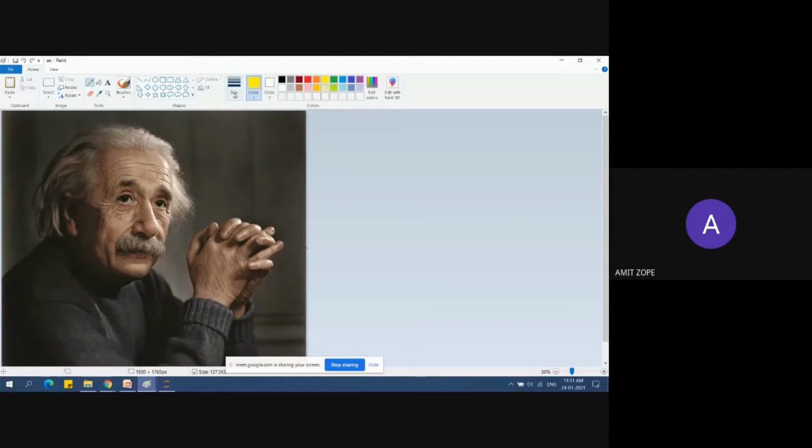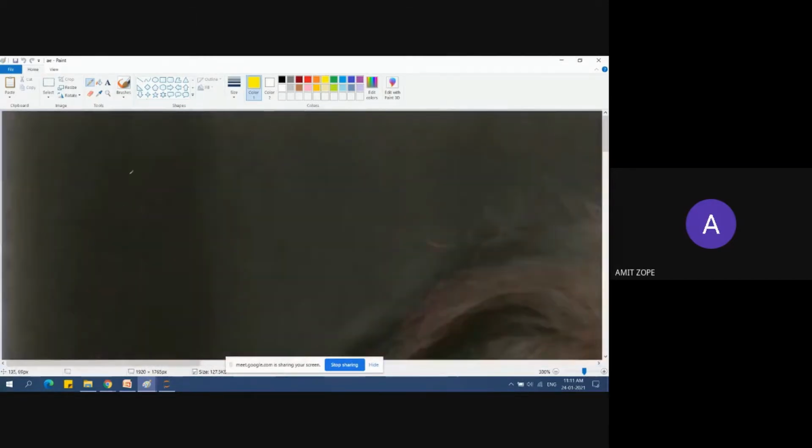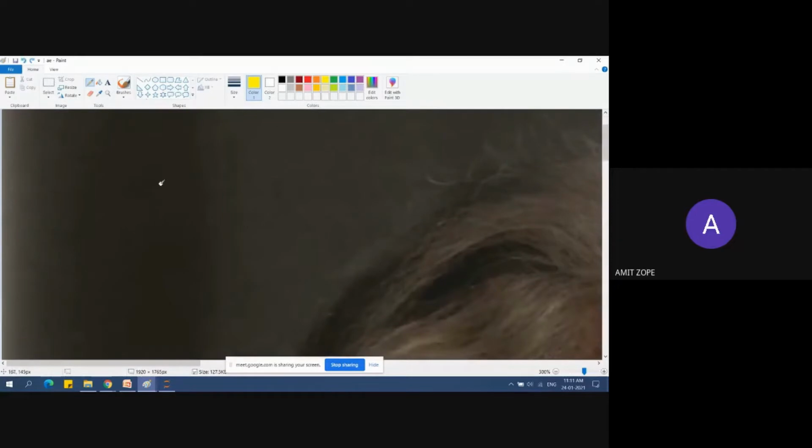So I will just explain what the pixels are here. Basically, if I zoom into these images, each part is made up of pixel values. If I make a circle here, this circle will contain lots of pixel values in that part.